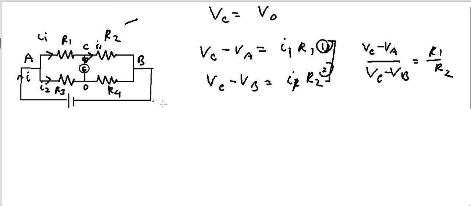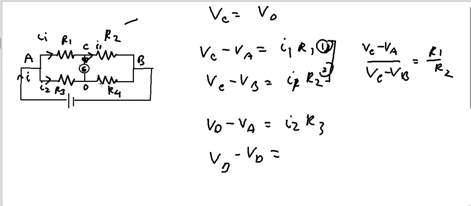Similarly, in these resistors, Vd minus Va will be equal to I2 R3, and Vb minus Vd will be equal to I2, the same amount of current is flowing here, I2 R4. So if I again divide these two equations, I will get Vd minus Va